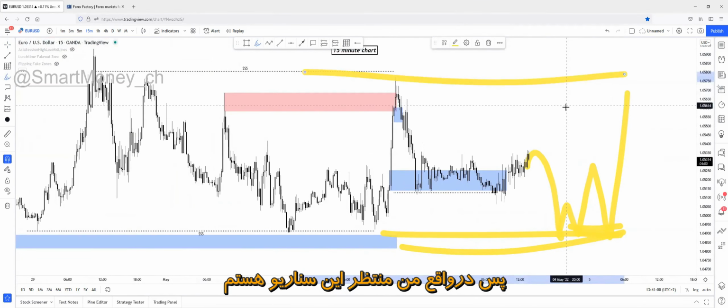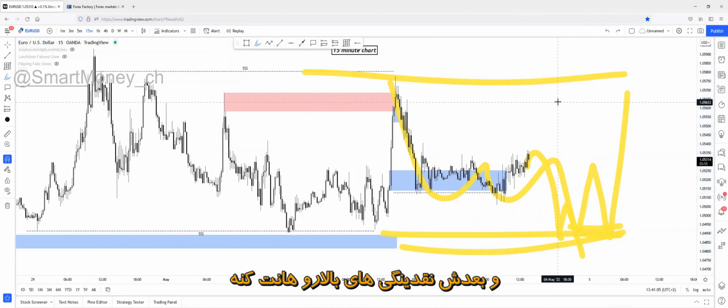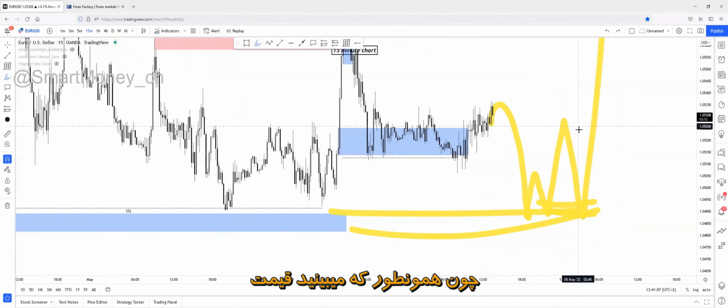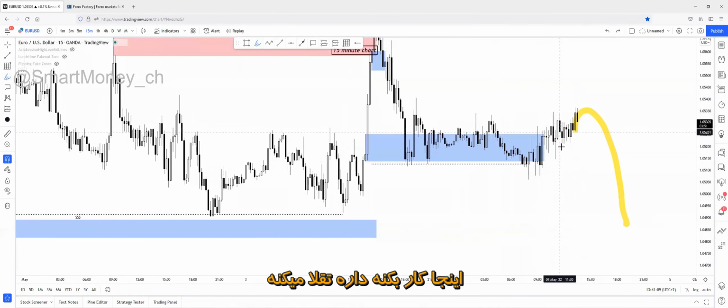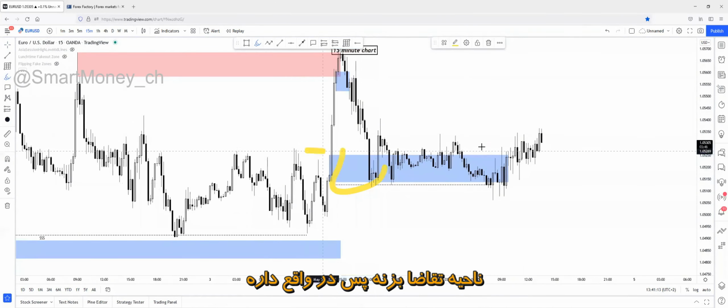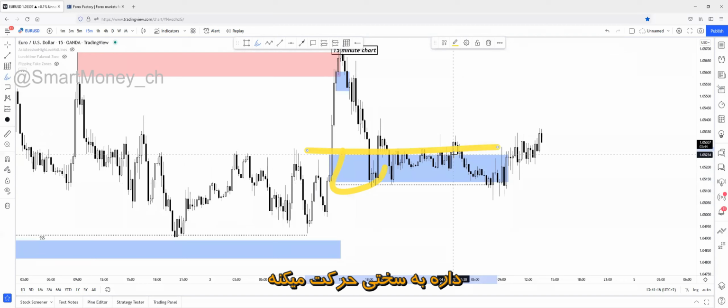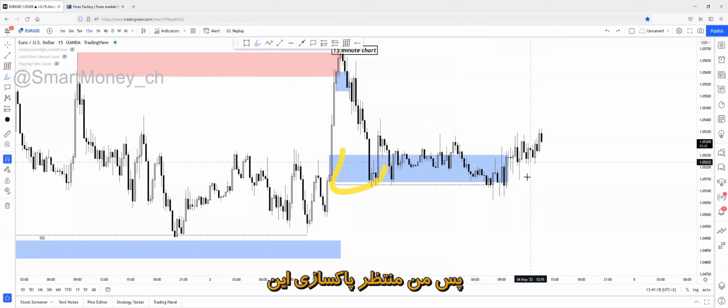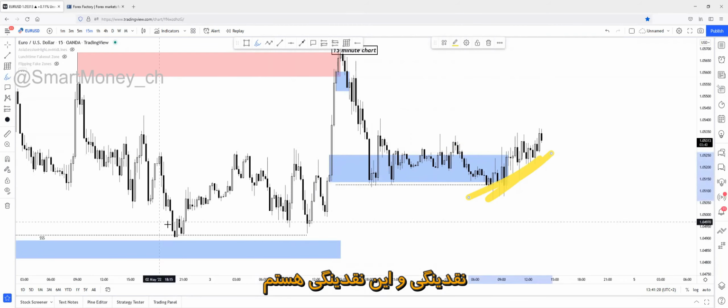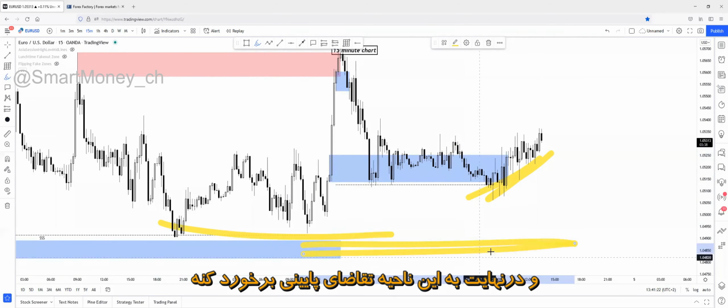I'm expecting the sweep of the downside range first, then the upside range. Because as you can see, price doesn't really have enough impact to create anything here. It's struggling to actually create any movement inside of this demand zone. It's literally struggling to create anything. So I'm expecting a sweep of this liquidity and this liquidity, and the top of this deeper demand area.